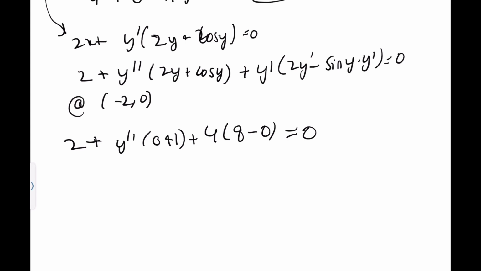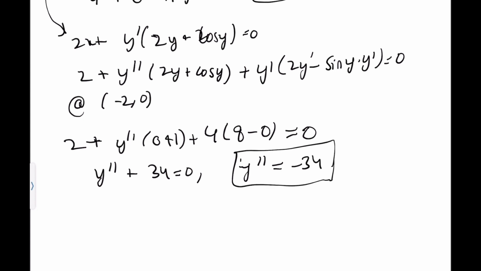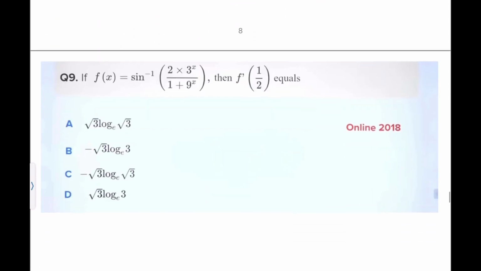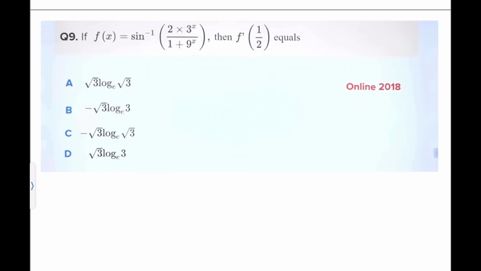Alright, so upon solving, we get y double dash plus 2 plus 32, which is 34, equals 0. Therefore y double dash equals minus 34, which is our option A. Okay, easy marks. Coming to our second last question,